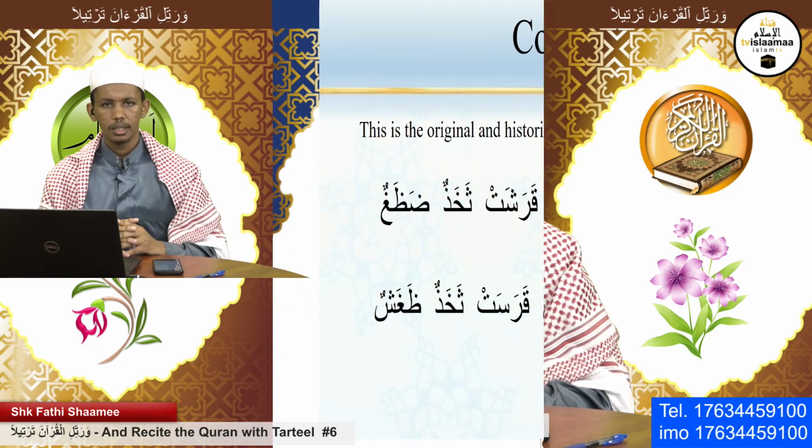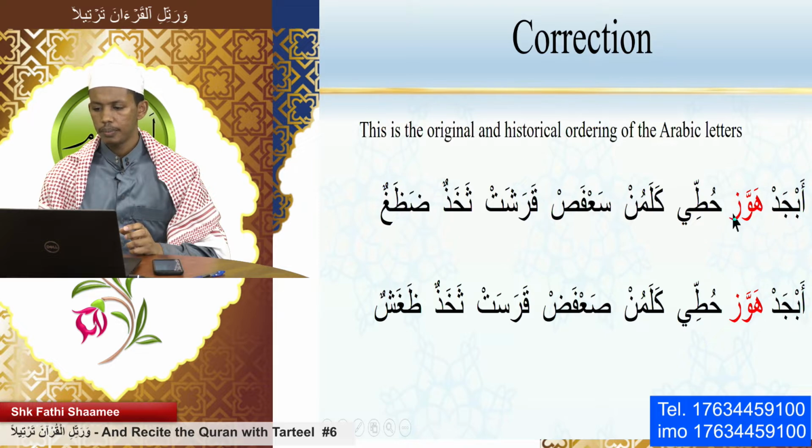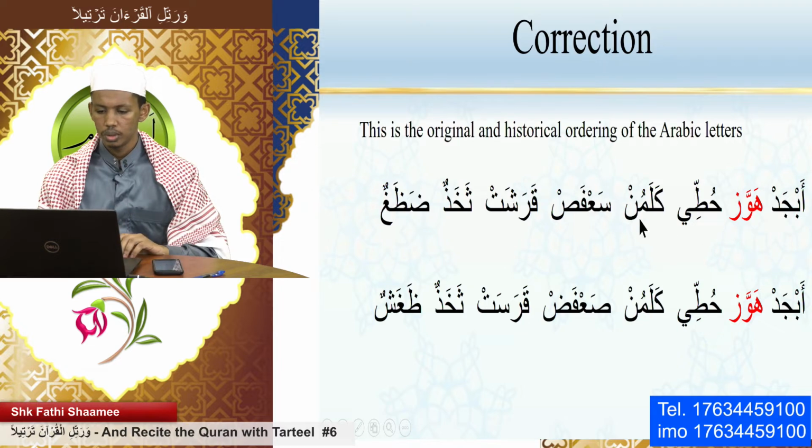This is what we had on the screen in the previous session. We had a typo where we didn't include this word hawaz. So inshallah ta'ala, I just wanted to make that correction, that abjad hawaz hutti kalamun sa'fas qarashat thakhadun